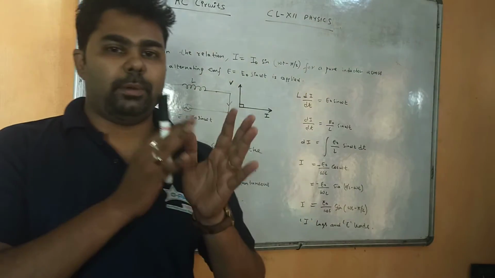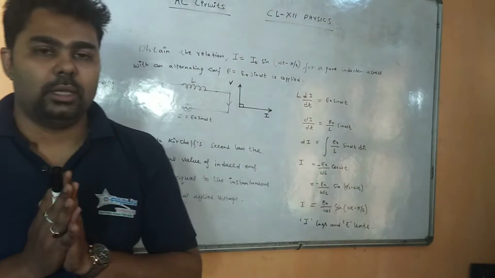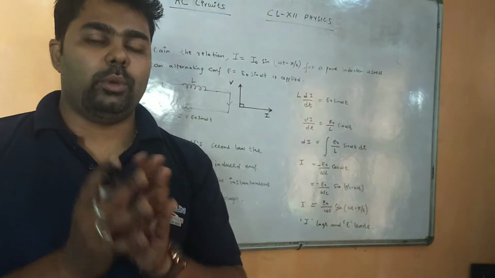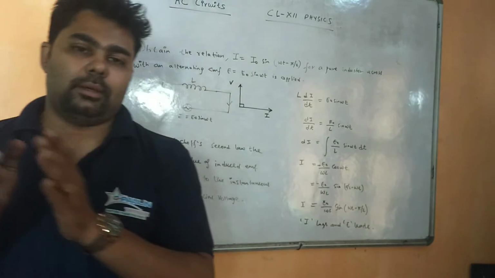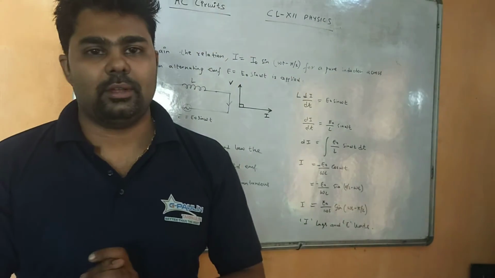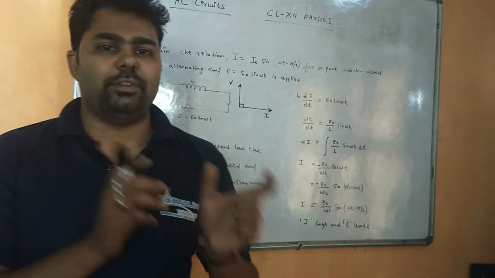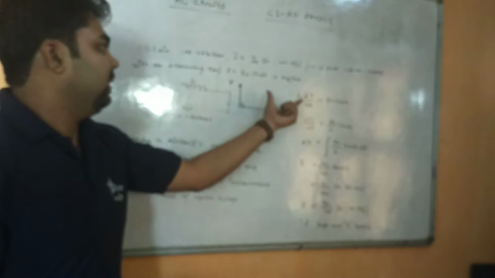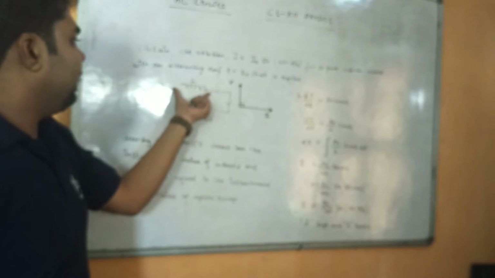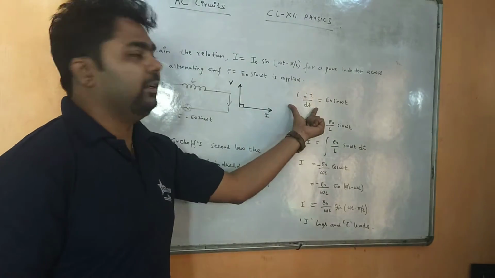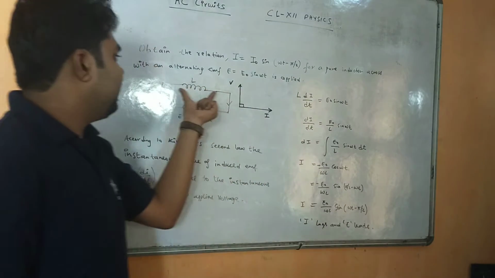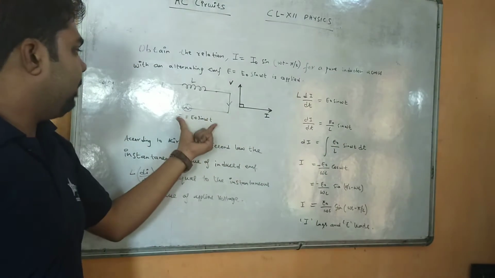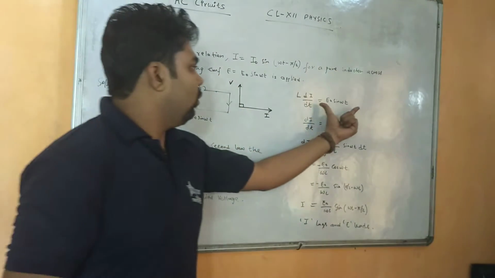Okay, so in my previous chapter, in the electromagnetism or magnetism chapter, where I taught the different magnetic materials, there we went through self-induction and mutual induction. In that topic we have seen that EMF produced in an inductor is given by L di by dt, right? So the back EMF produced at the inductor is L di by dt, which is equal to the applied voltage, that is E naught sine omega t.